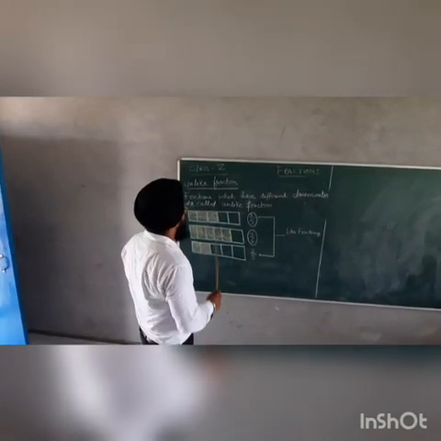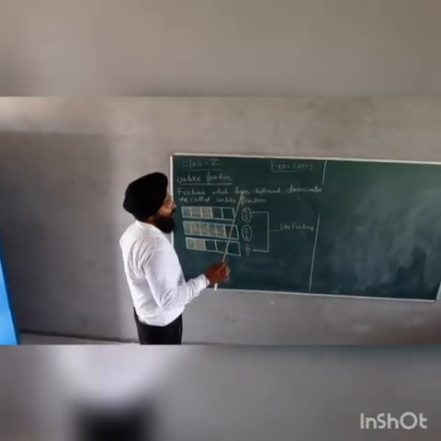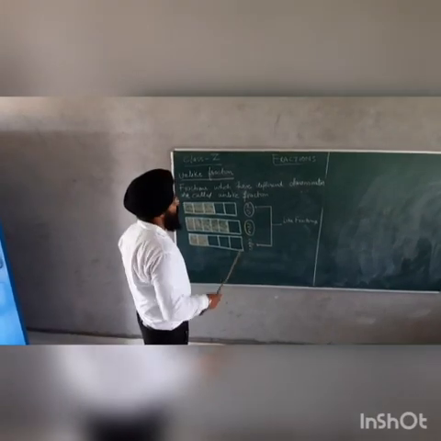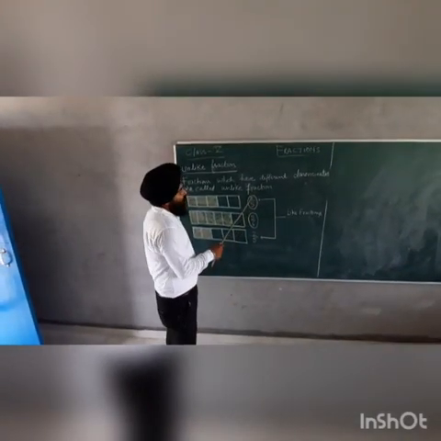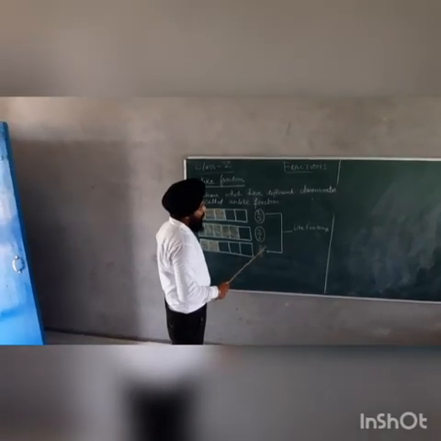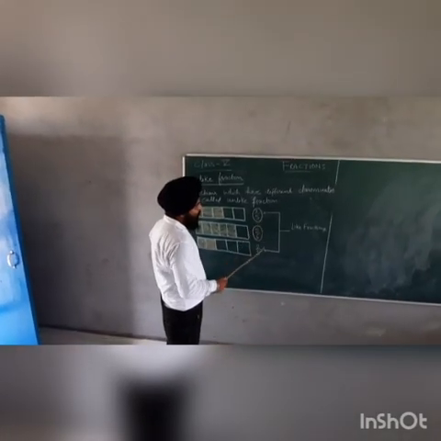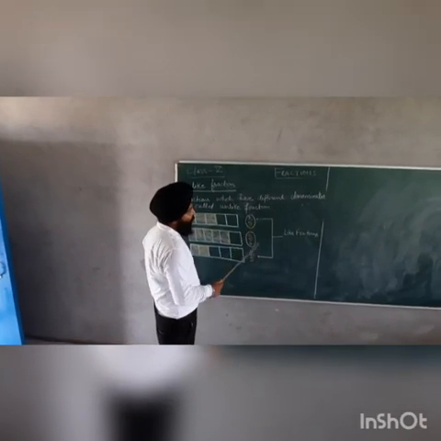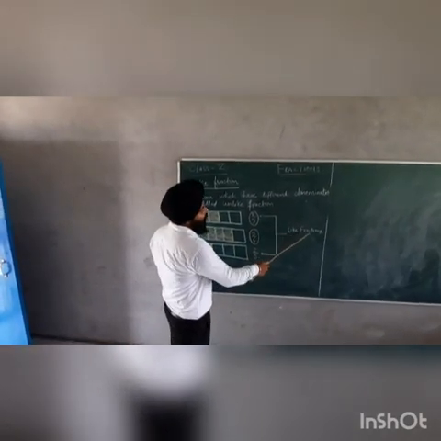Now we will look at which one is an unlike fraction and which one is a like fraction. Look at this: one fraction is 3 by 5 and the second fraction is 2 by 5. The denominator of both fractions is 5. So both fractions are like fractions.